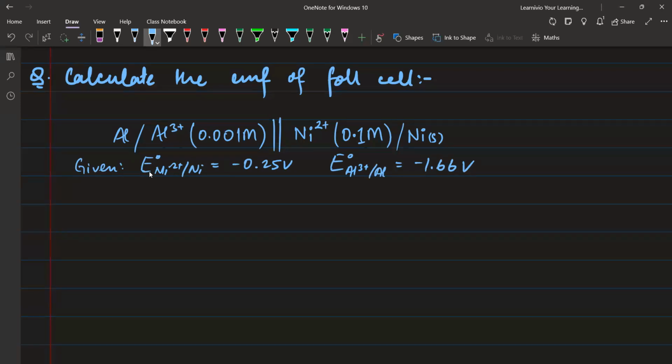So from the E naught of different half cells, you have to calculate the E naught of cell, है ना। E naught cell तो निकाल सकते हैं आप, है ना।